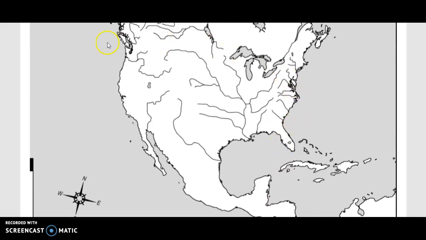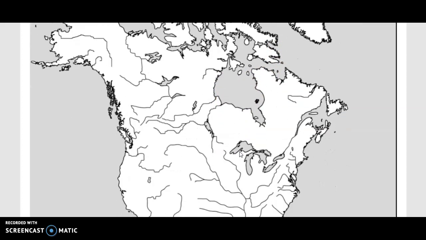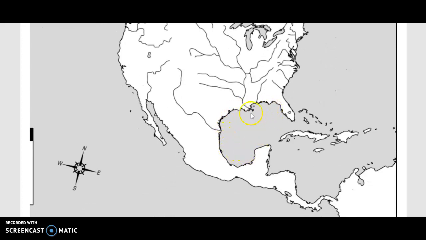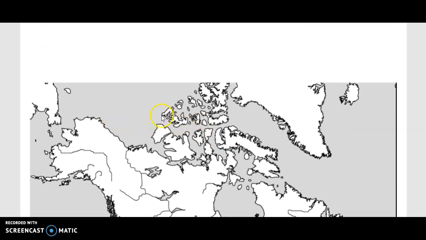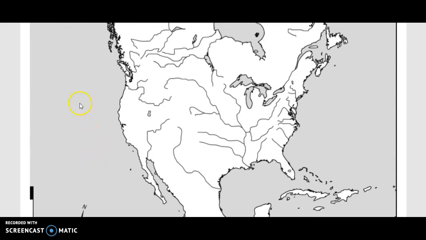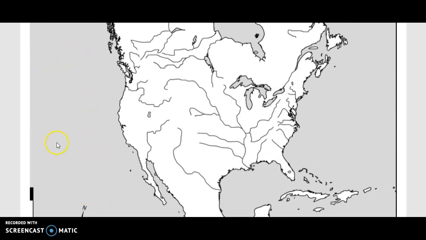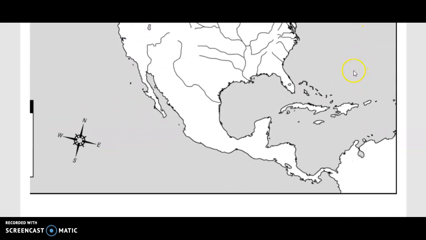These are the water bodies that are surrounding North America. In the north you have the Arctic Circle. This water body which is here is known as Hudson Bay. To the south there is a gulf which is called the Gulf of Mexico, right? Which ocean is here? The Arctic Ocean. To its west, this is the Pacific Ocean. Which ocean is this? Pacific Ocean.